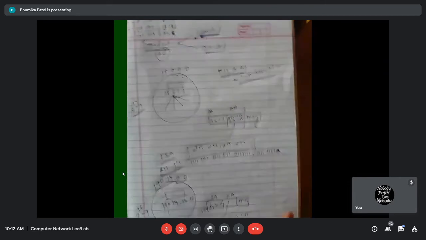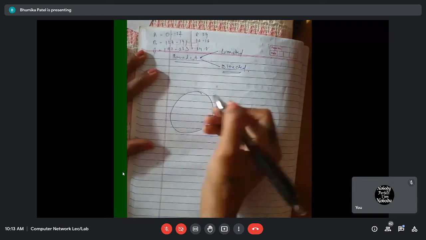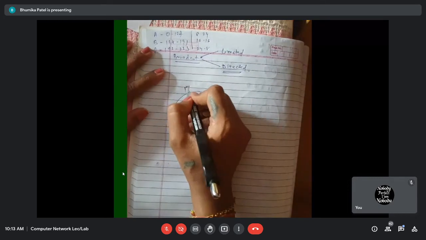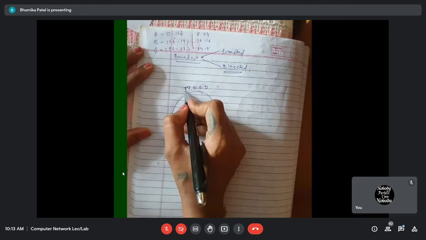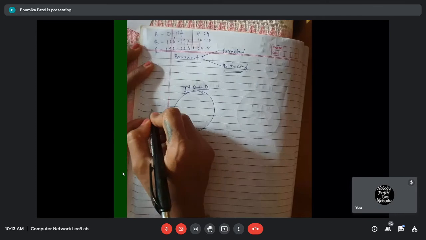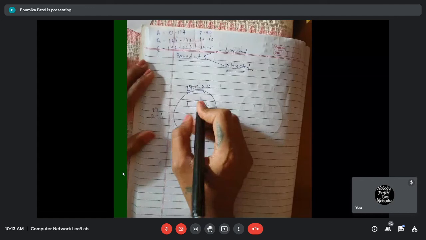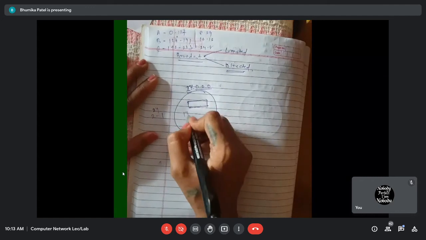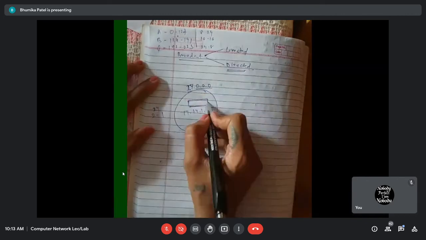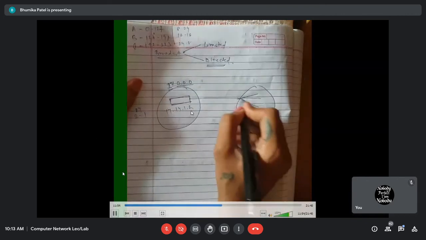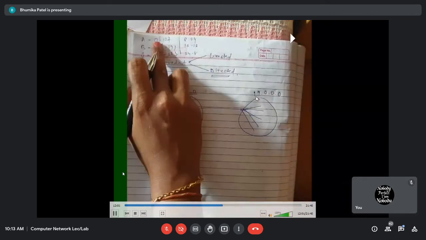Next is the directed broadcast address. Here, for example, I'm having a network whose address is 17.0.0.0. That means it is class A. And for example, there are 2 raised to 24 devices minus 1, and this is one of the devices. Now I want to send a message from this device to all the devices in another network. This device has the IP address 17.14.1.2 and I want to send a message to all the devices in another network. Now it is not the same network, it is another network.